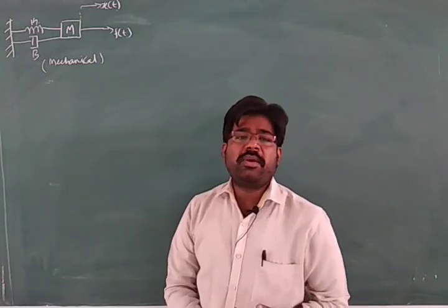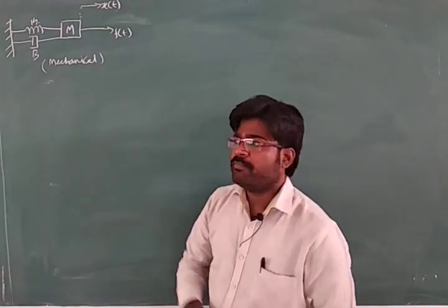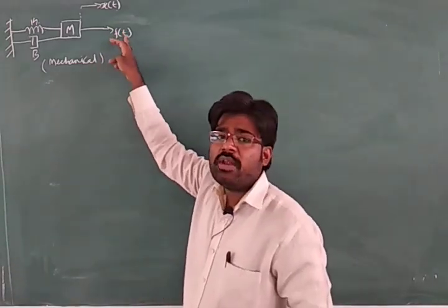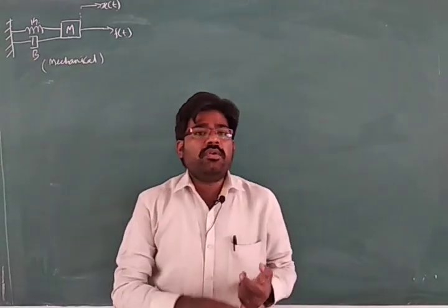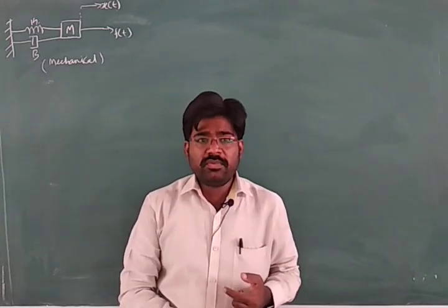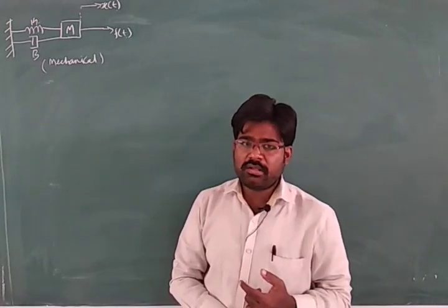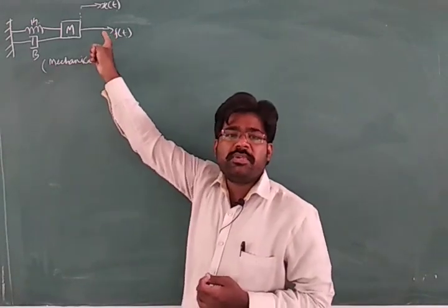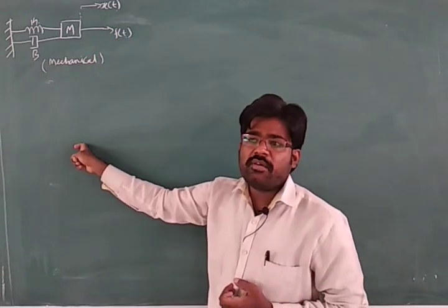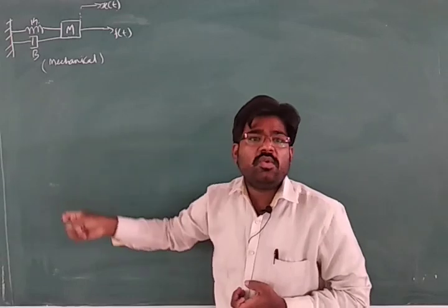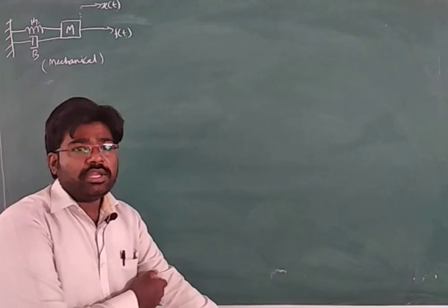Then the next step is, depending upon the number of displacements, the number of nodes is determined. Here one displacement means only one node will be present in the equivalent mechanical system. To draw the equivalent mechanical system, we have to represent the nodes. So the number of nodes depends upon the number of displacements. Here only one displacement is there, so in the equivalent diagram we will draw only one node. With respect to that node, we will draw all other parameters. These are the two steps you need to remember.